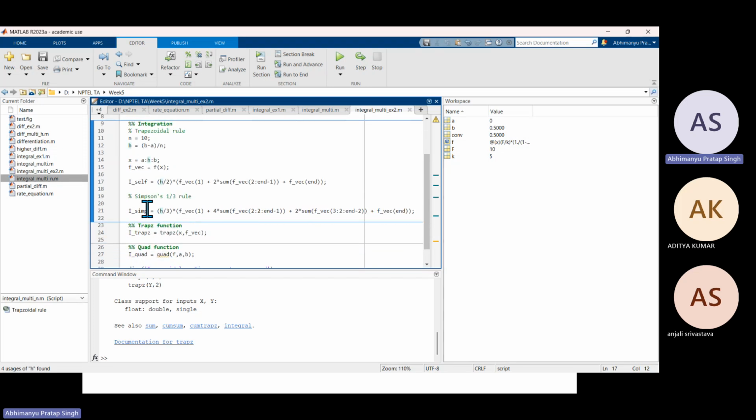And then I'm also evaluating the same integral using Simpson's one third rule. This is my first element, this is my last element, and then I'm taking the sum of all the odd elements. But here, the MATLAB array starts from one and goes 1, 2, 3, 4 like this. In some other languages like Python and C++, the array starts from 0. So it starts from an even number, but in MATLAB, it starts from an odd number, right? So that is why